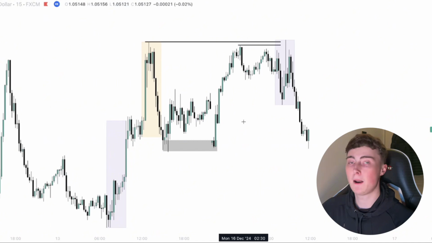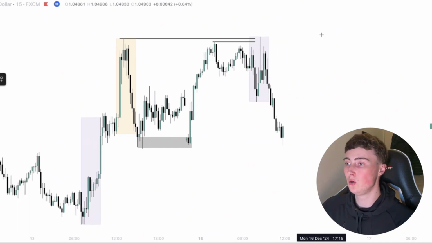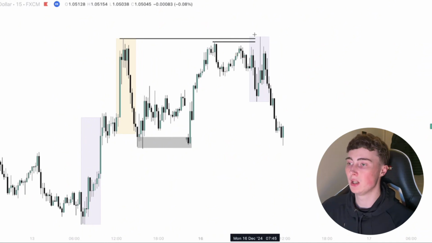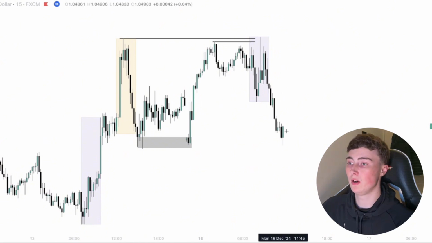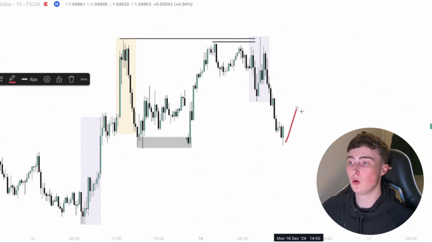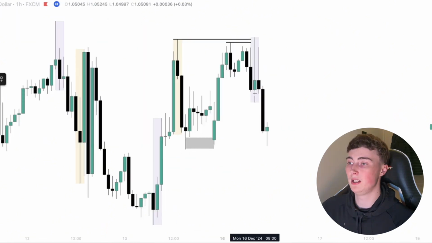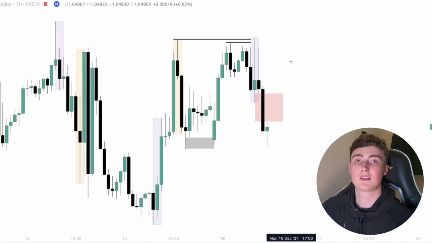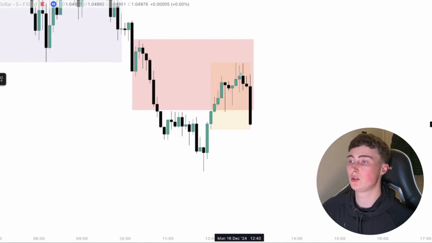So if we're thinking about one of the New York cycles, it doesn't really make sense for New York to manipulate this and then drop, because we've already got a manipulation up here. So it makes sense to use that continuation cycle again. So what we're looking for is for price to retrace, then for New York to continue the move lower. If we want a sell zone, we have this 1 hour FVG here that would make a very nice sell zone. Now we're looking for that retracement, and you can see we got a push to the upside into the